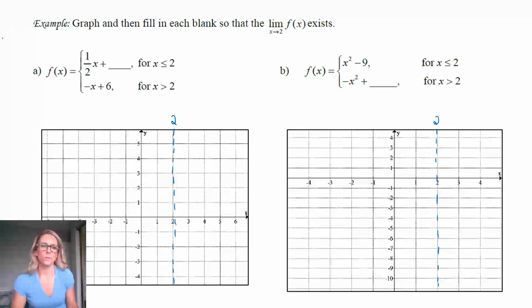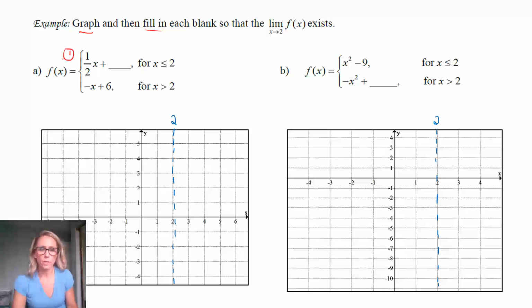Now, to finish this section up, we are going to graph and fill in each blank so that we have limits that exist. For both of these examples, the limit is at 2, meaning that they're piecewise functions where we have pieces on either side of the value x being 2. I've drawn these little dotted lines that go vertically just to remind myself that half of this function is on one side and half is on the other. If you want, you can work on the first problem with me and then try the second problem by yourself. They're very similar, just with slightly different functions.